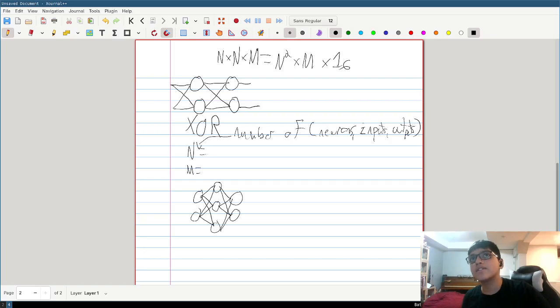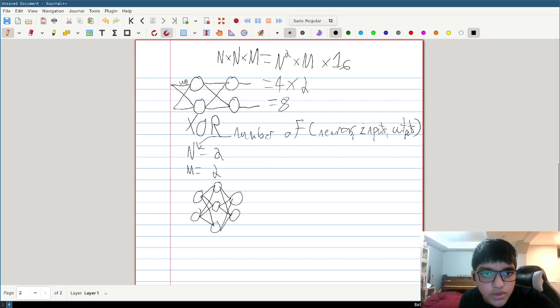Yeah. So for this with n equals 2 and m equals 2, this would be equal to 4 times 2, so that means 8 weights, and just like W00, W01, W10, W11,